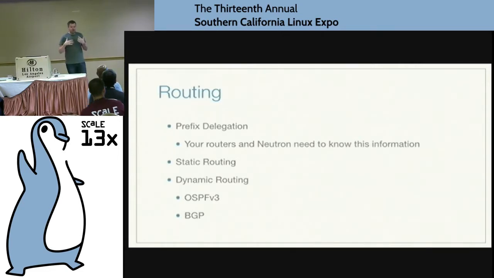For Neutron's purposes, you can't randomly have your router image do this and not have it recognized by Neutron, because there are lots of bits within Neutron that need to be set up. If you're turning on snooping, it needs to know which addresses and prefixes are assigned. So one of the challenges is, how do we do prefix delegation? We started tackling it a little bit, or talking about it, in Kilo, but then realized that a 6-month period is so short, because effectively it's 3.5 months of development time.